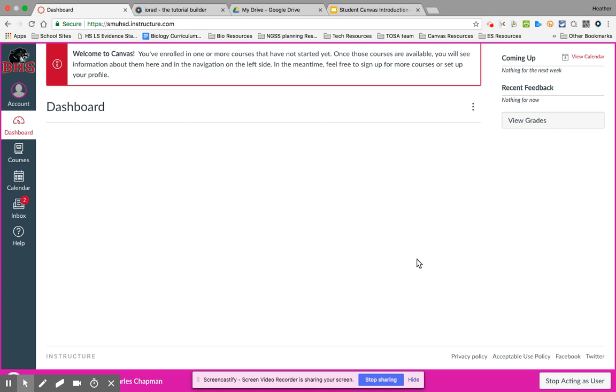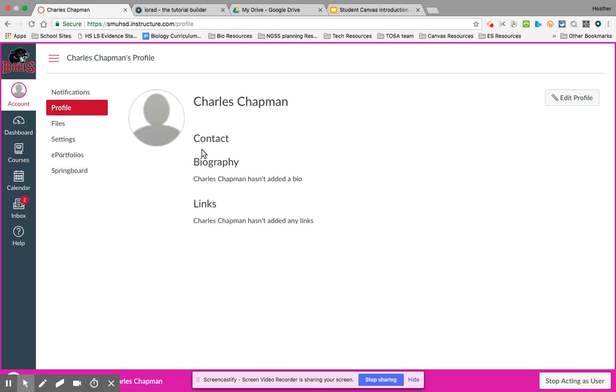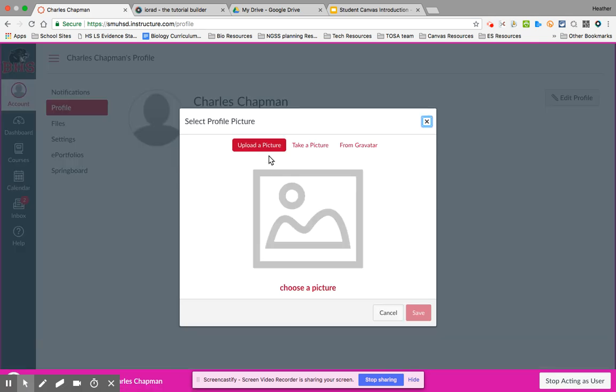So first off, once you log into Canvas, you are going to click on Account. And from Account, go down to where you see Profile. And at Profile here, you'll be able to edit your image. So once you click the pencil icon, you can upload a picture or take a picture from the webcam or